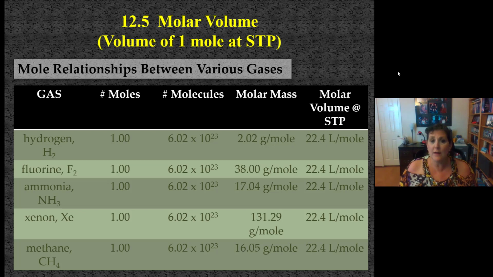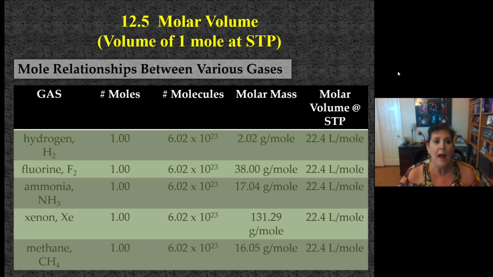So far we've learned how to go between atoms and molecules to moles using Avogadro's number. And then we learned how to go from moles to grams using molar mass. Well, I've got one more step here for you. It's called molar volume. That means the volume of a mole. And it says at STP, that is standard temperature and pressure. So volume, we're going to talk about gases.